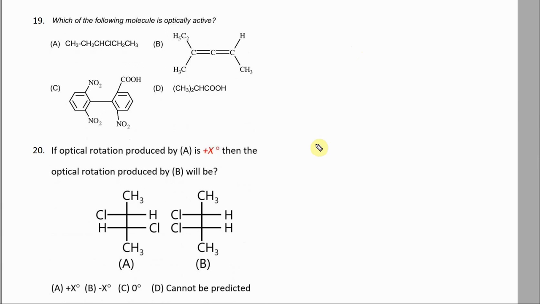Number 19. Which of the following molecules is optically active? When you see here, you can tell just by looking that this carbon is different, but ethyl, so optically inactive. Here, yes, this is an allene. There are two, and this pi bond is in a different plane than this pi bond, correct? So it is going to be non-superimposable, so this is going to be optically active. Even number of double bonds. Here when you see biphenyl, it seems the ortho positions are okay, but you cannot have A and A here, correct? There will be a plane of symmetry, so no, same as this, two methyl groups are there, so